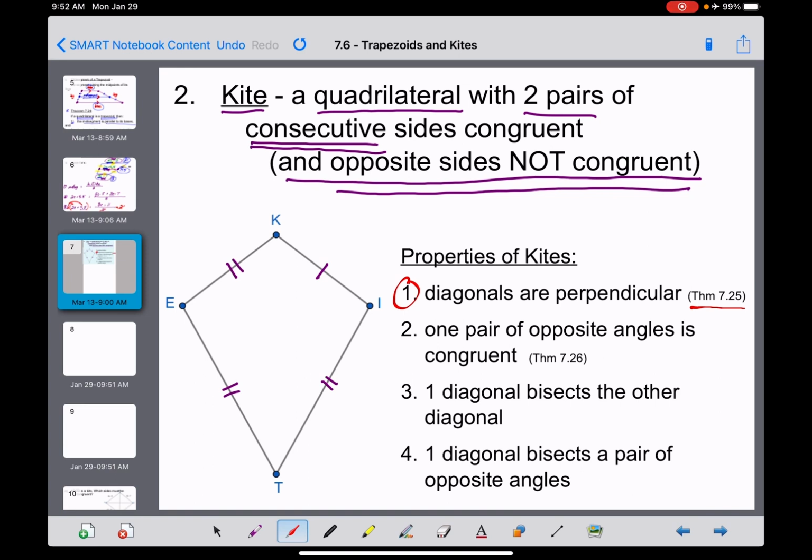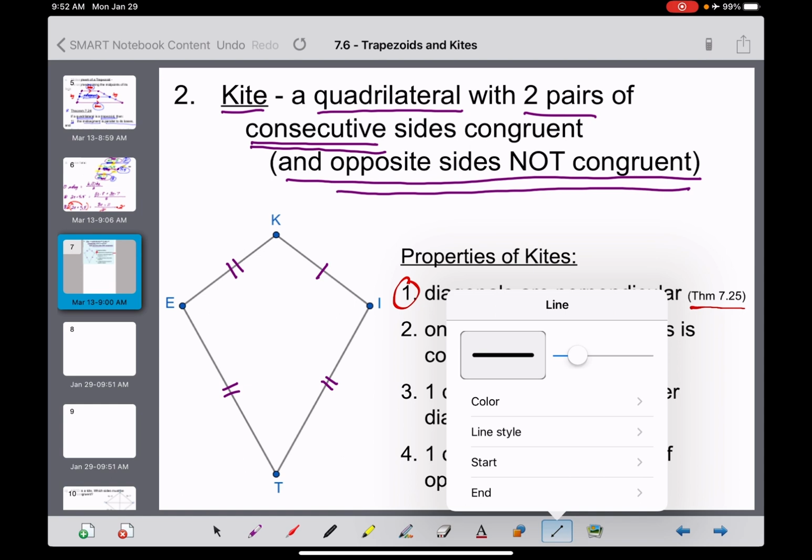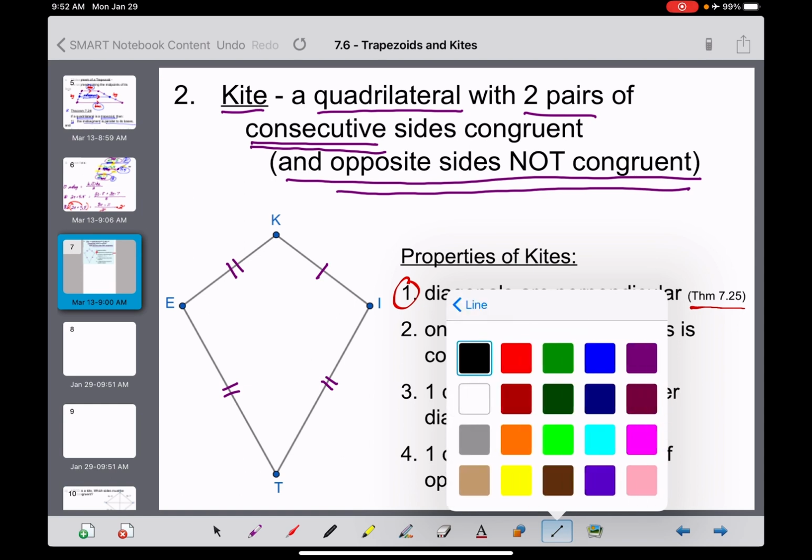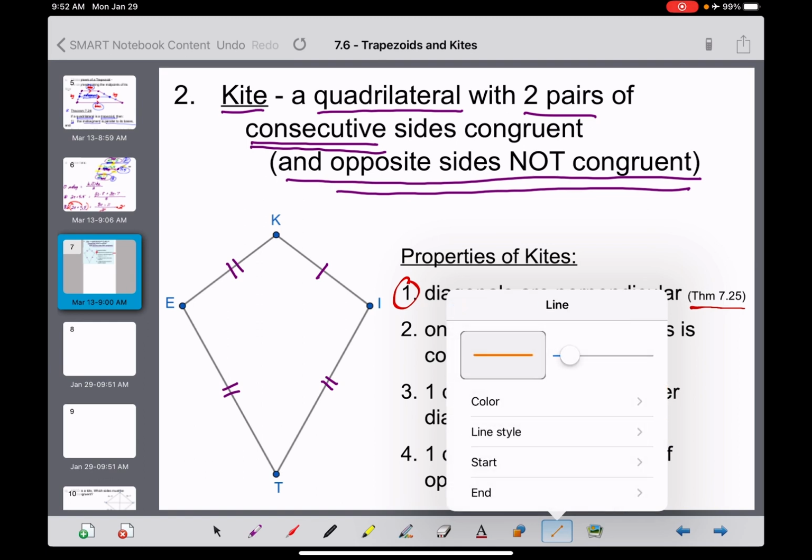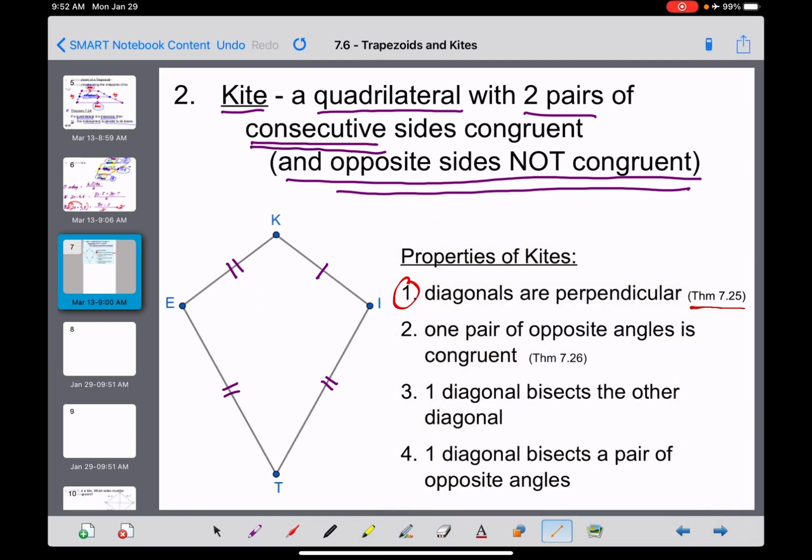So let's make these diagonals this nice orange color right here. The diagonals of a kite. So if I were to draw one diagonal from K to T right there, and the other diagonal from E over here to I, I think it's pretty easy to see and to understand here,